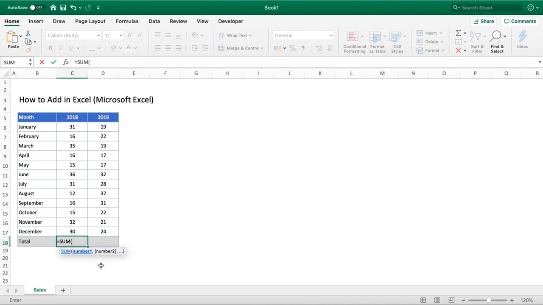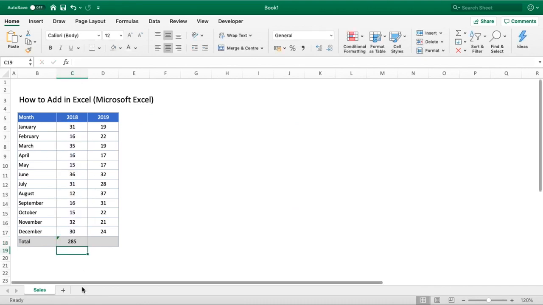So in order to use this, all we now need to do is, rather than using the plus symbol between every number, all we need to do is select the starting point, or the first row that contains the numbers we want to add together, click and drag so we highlight all of those cells, and then we can close our brackets by holding down Shift and the number 0. So your formula will look like this at the bottom here, or you can see it better there in the formula bar. Once you've done that, just hit enter,